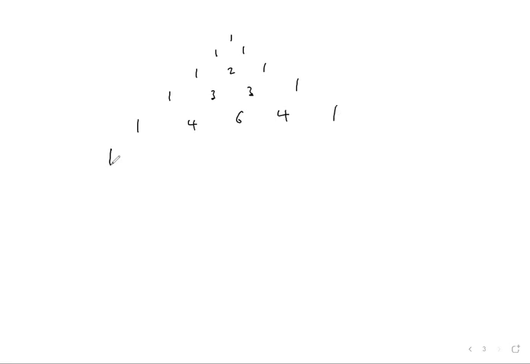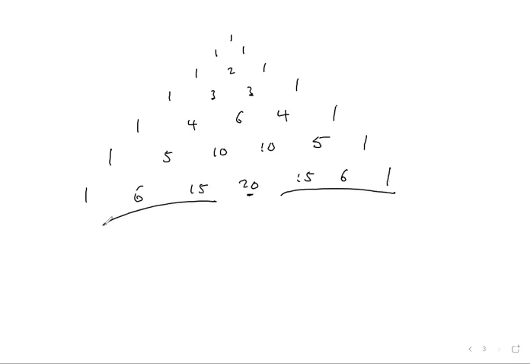We had this: 5, 10, 10, 5, 1. You have 6, 15, 20, 15, 6, 1. So there's always a center and you are going down as you can. Even the powers behave the same way. The powers of A